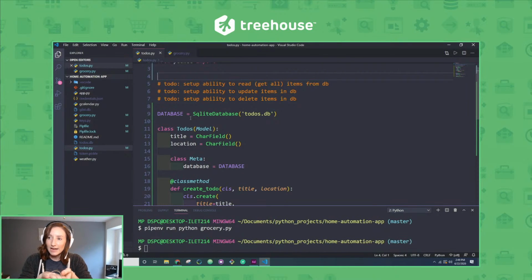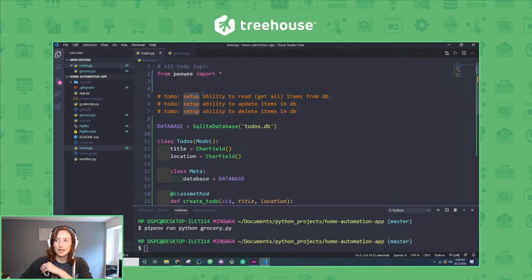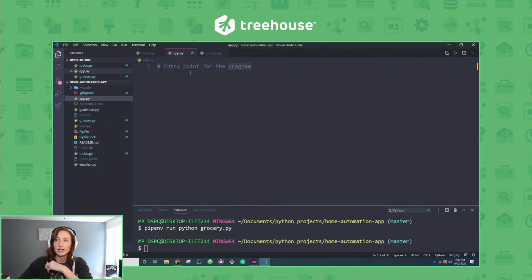So we'll add Flask, we'll add our routes so that we can read, update, delete our different things inside for our to-dos and for our grocery list, and work on connecting our weather and our calendar events. And we're probably going to do that all here in app.py. So we're going to be working on routing with Flask